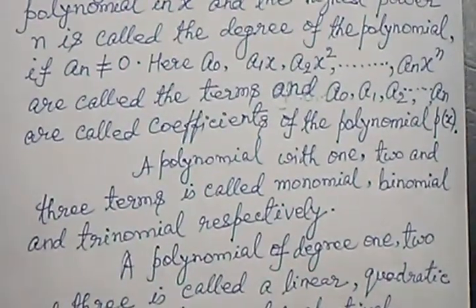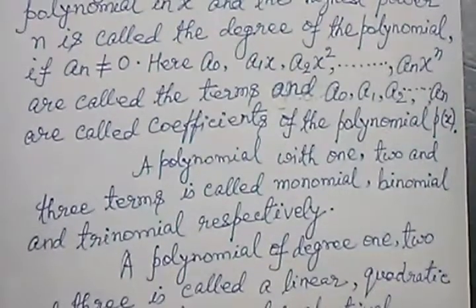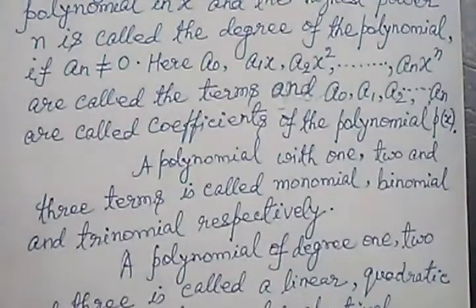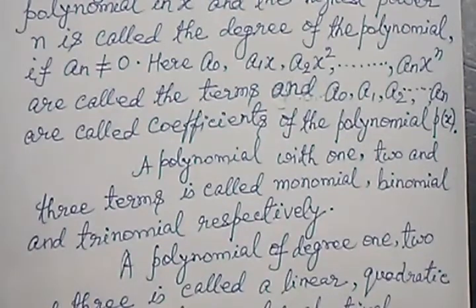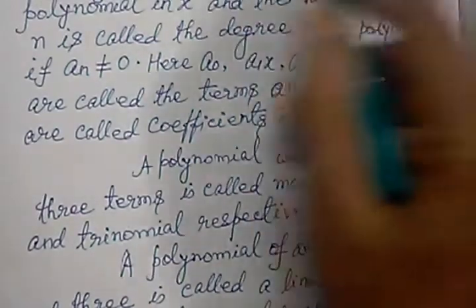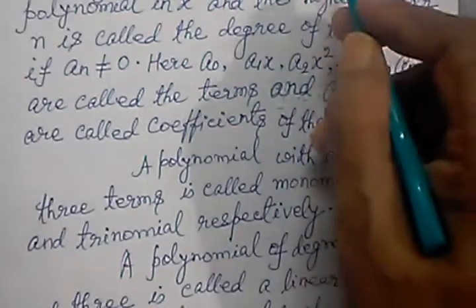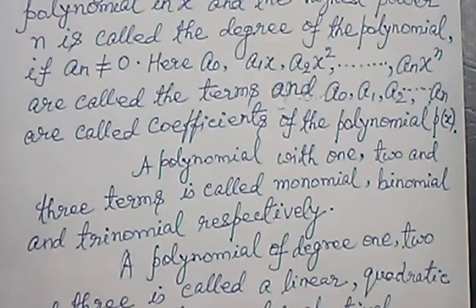Now coming to the next, where you see this expression, this a0, a1, a2, a3, a4 and so on, and the last one, an. These are the real numbers, and you know very well what a real number is. And all the powers of x are here. See, the power of x in the second term is 1. Here it is x squared. Then in the next term it will be x cubed, x to the power 4, x to the power 5 and so on.